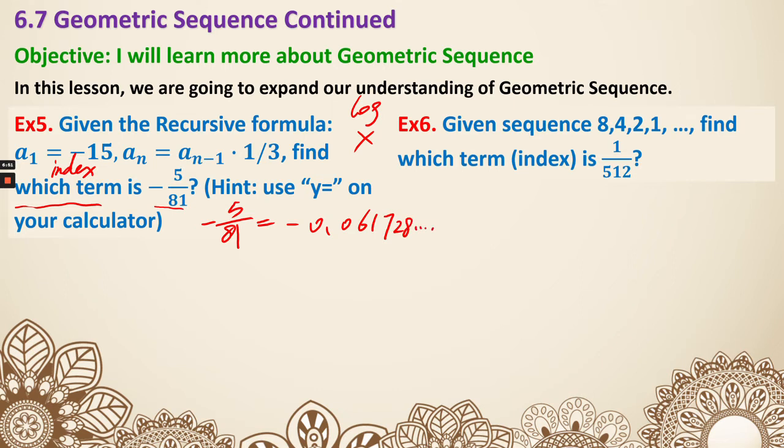Next, because we are going to do a solving-equation approach but have the answer shown in our calculator, we need the explicit formula. So let's write the explicit formula first. a sub n equals, my a sub 1 is right there, -15 times 1/3 inside parentheses to the n minus 1 power. Then you are going to type into your calculator